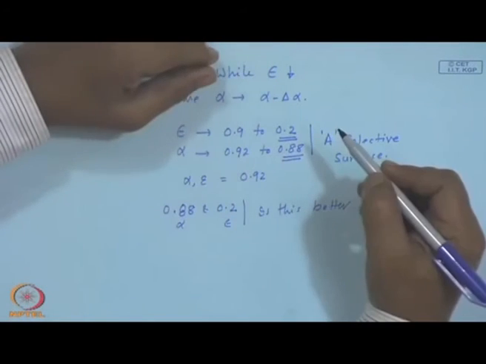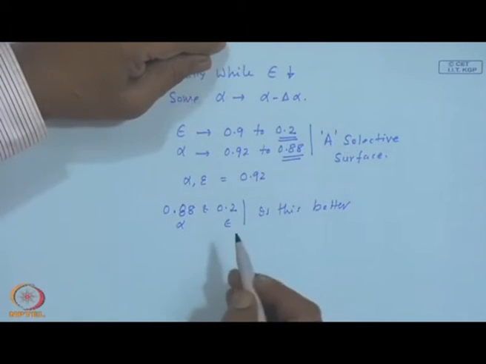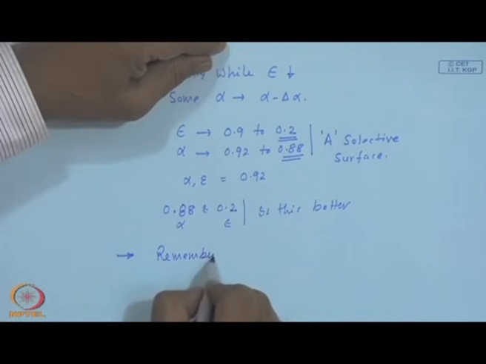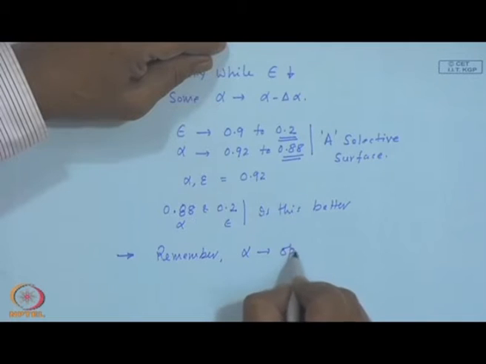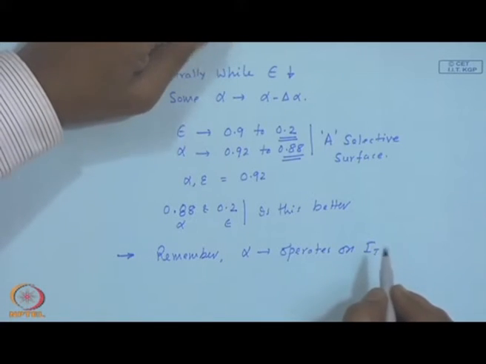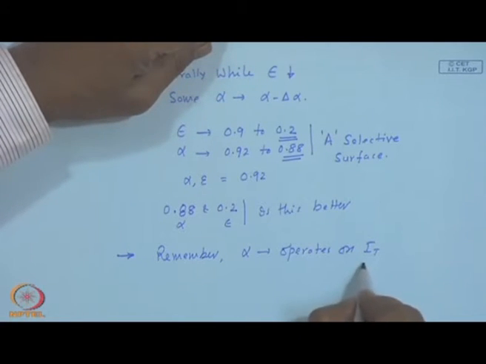So, this should be okay, it is a good surface. But we do well if we remember that alpha operates on the incoming solar radiation, say 800 watts,